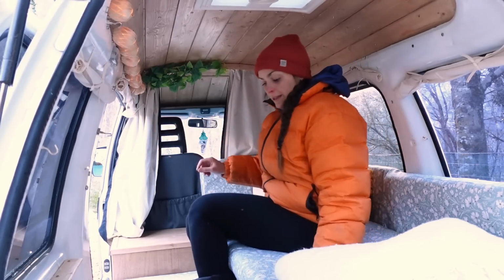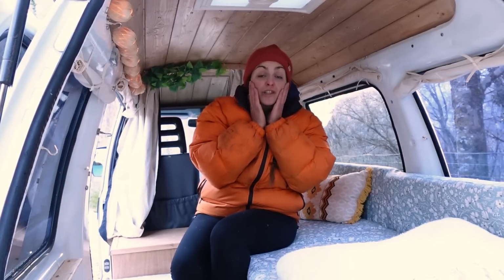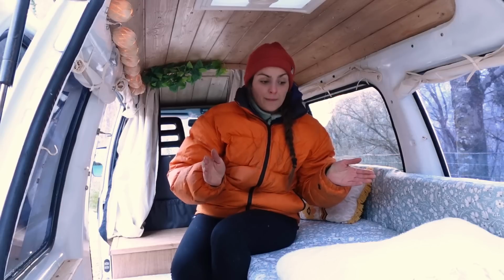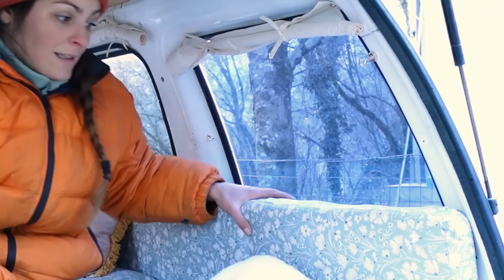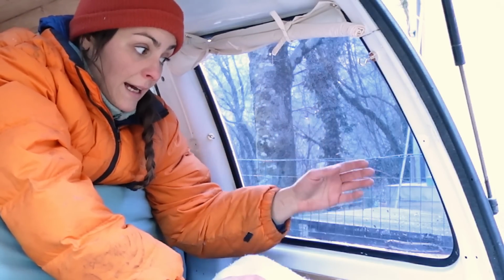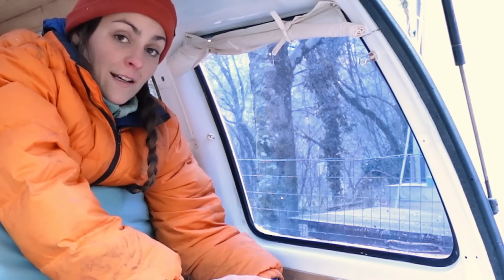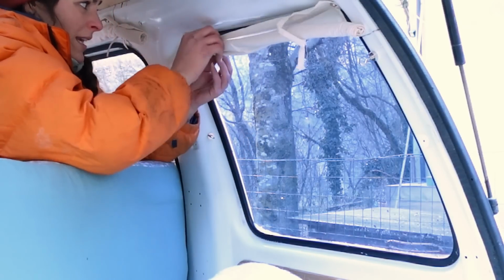And then for the endless other windows, I struggled because I had an idea and that didn't work, and so I was running out of time, and this is the next best idea that I found. So my idea has been, again, to use magnets to attach fabric. Those windows are actually already blacked out. They have like a plastic peel on it, I don't know how you call it, but it's definitely not enough to cut off light, so I just made those little fabric curtains,